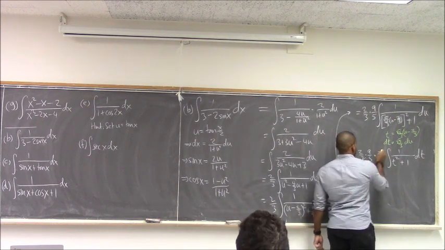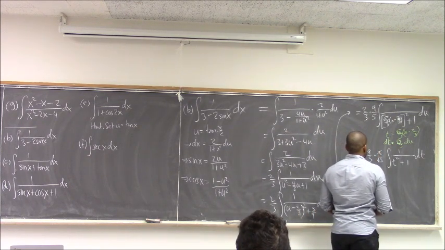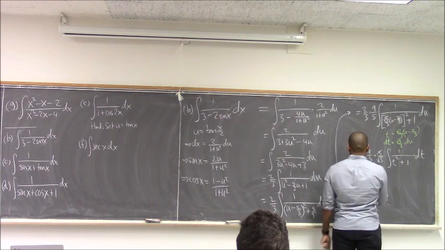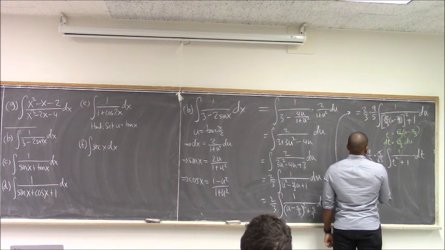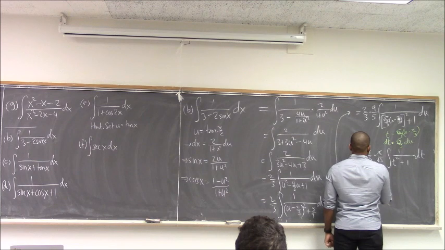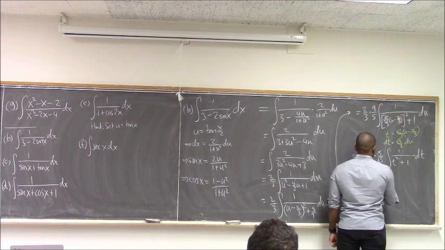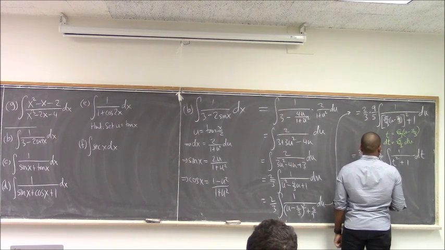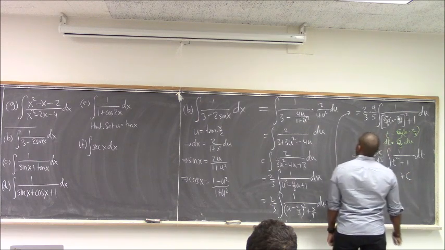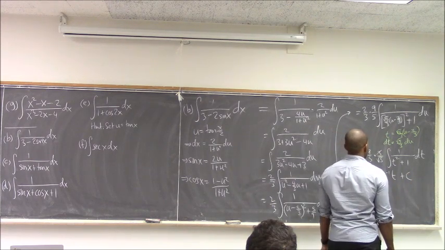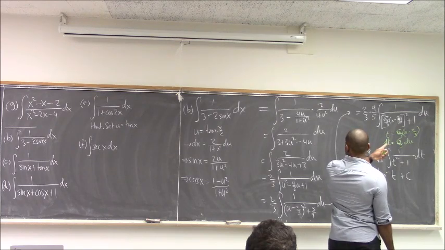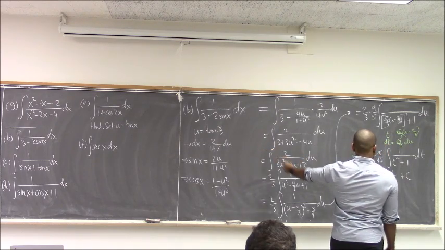So the 3's would cancel, and I would have essentially now 2 over 5 times 9 over radical 5 times tan inverse t plus c, and our t was that thing, and our u was that thing, so